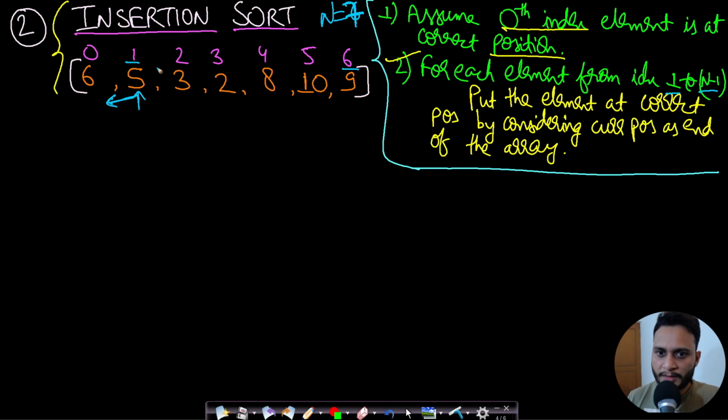And since we are sorting in ascending order, we will keep moving to the left until we find an element which is lower than this current element. So this is the logic behind insertion sort. If you do not know insertion sort, then you should watch the video on insertion sort first. So what do we do here? Well, is 5 less than 6? Yes, it is less than 6, so it will be swapped. 5 will come here and 6 will come here. Now we are at the end of this array, so we will stop here.